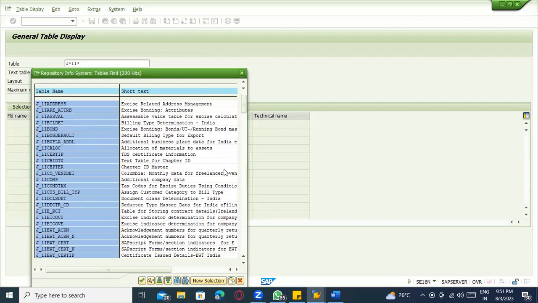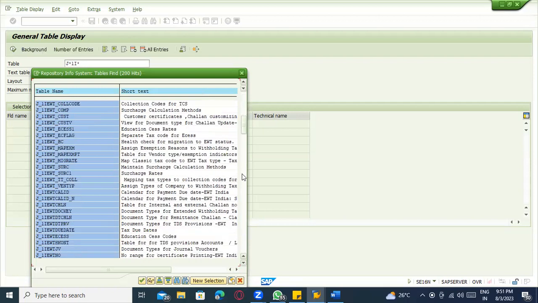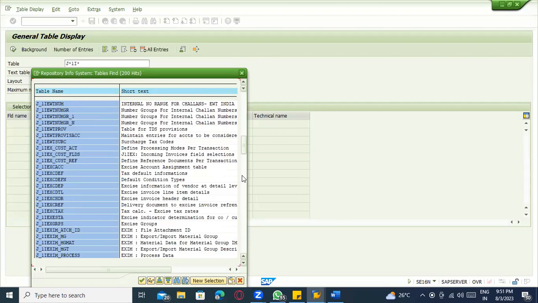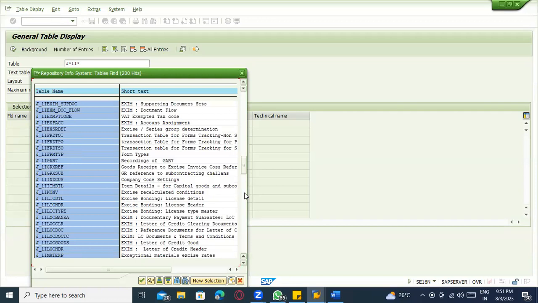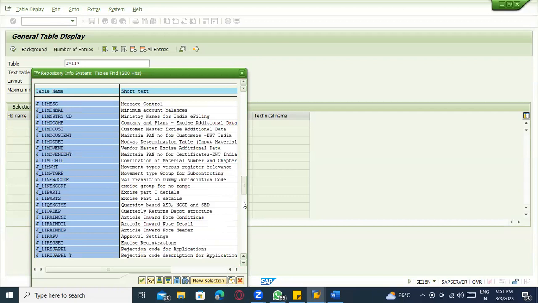It's completely seen. Country version India, and now it is called GST. Earlier it was CIN. So country wise it is different. Here we'll be maintaining our excise details and excise groups and plant related information in a few tables.